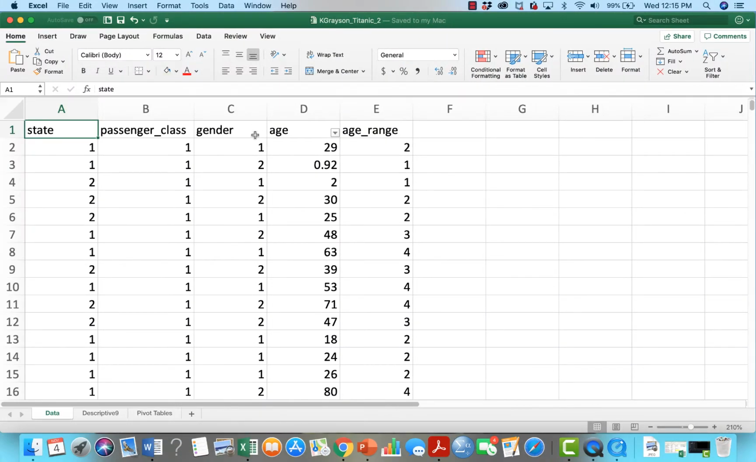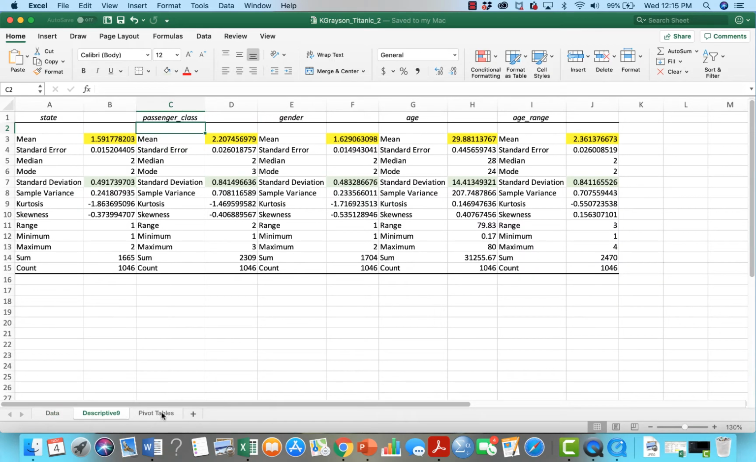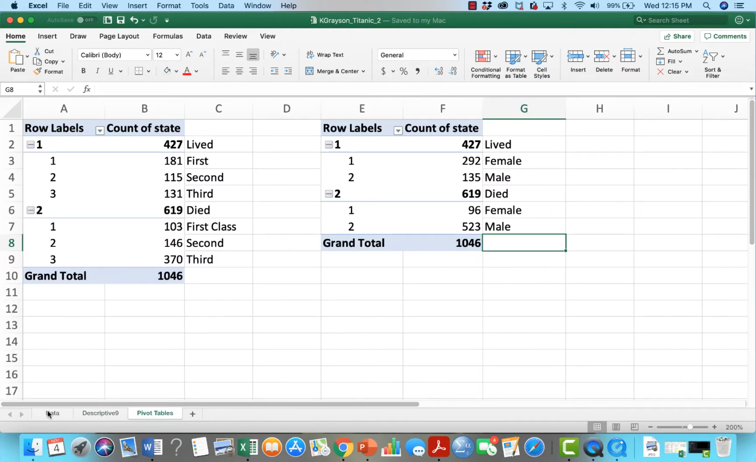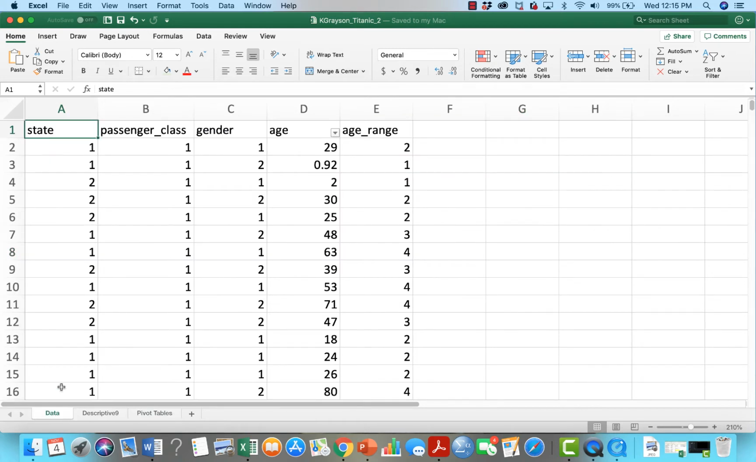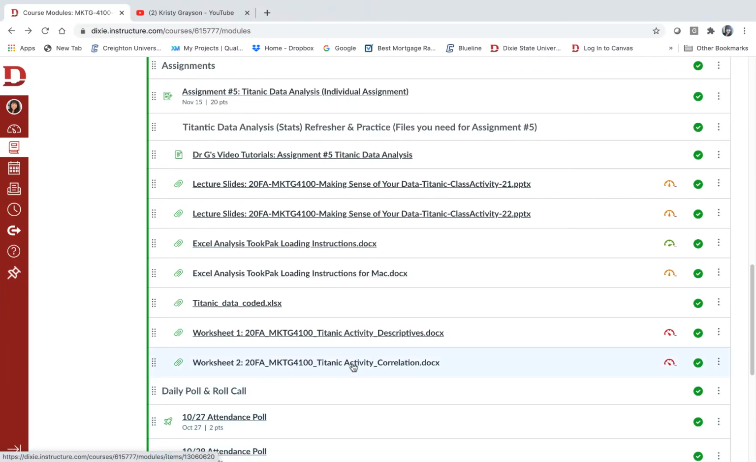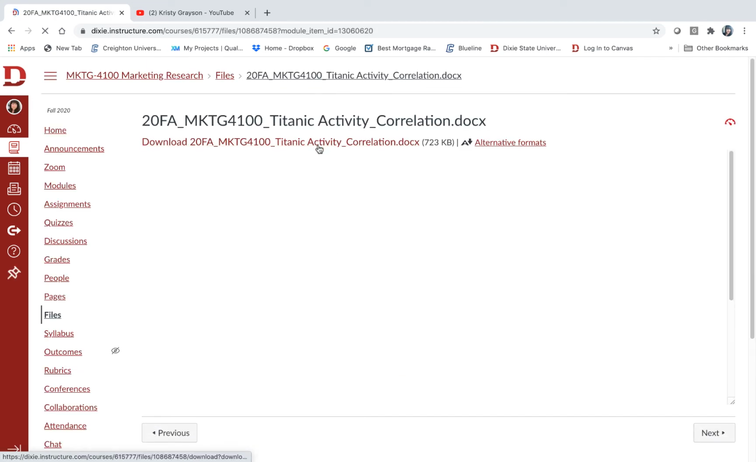Mine is right here, and you can see I already have some great analyses that we've been doing. Last time we did some descriptive statistics and some pivot tables, so make sure you are on the data tab, and we are going to go through a little tutorial on how to run some correlation statistics. Let's go back to Canvas for a second. I want you to download right here this worksheet number 2. Download this,